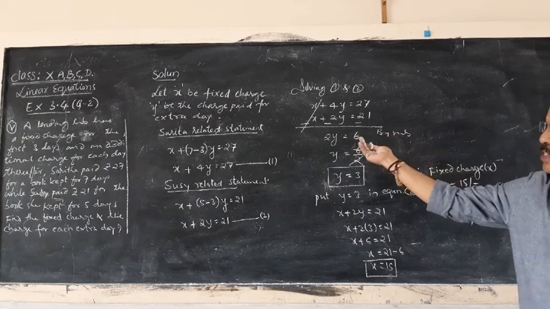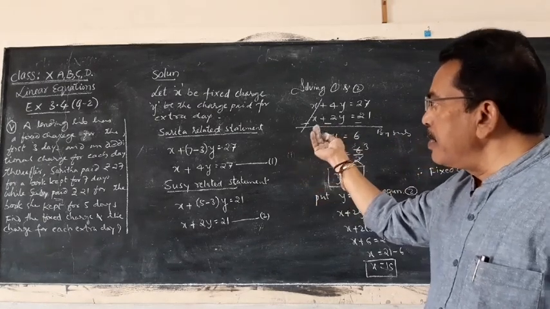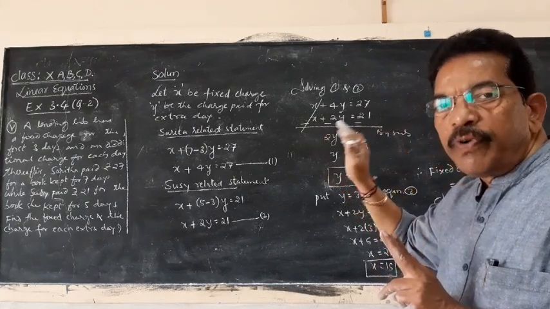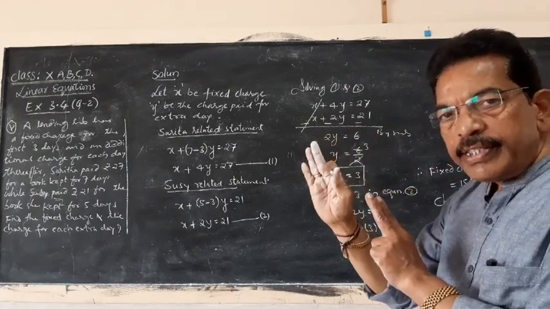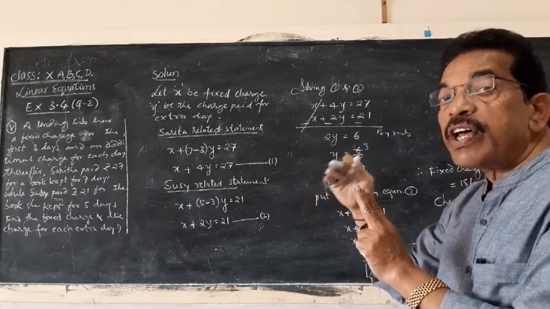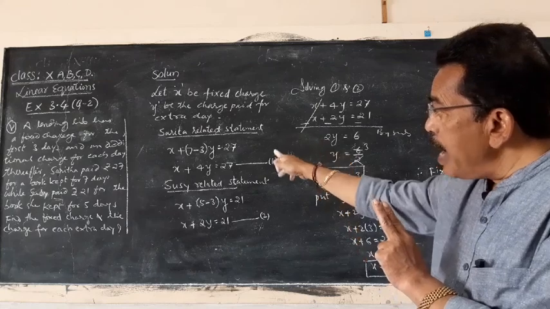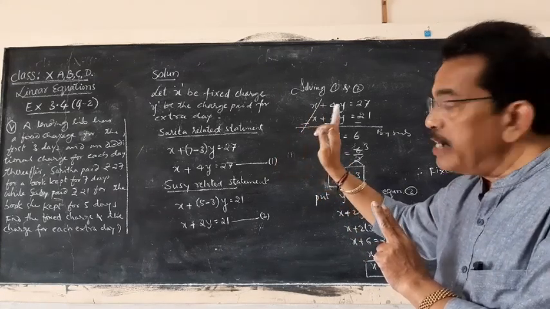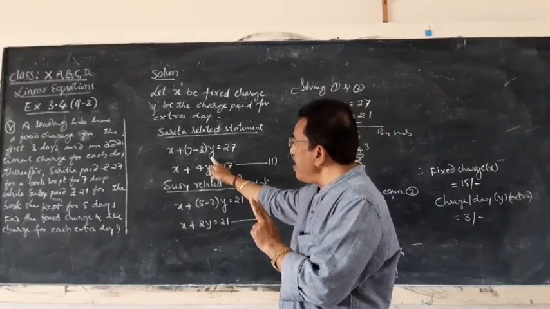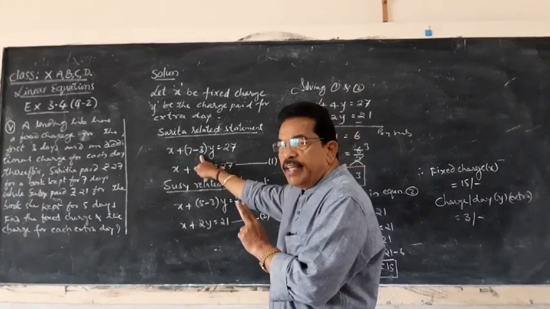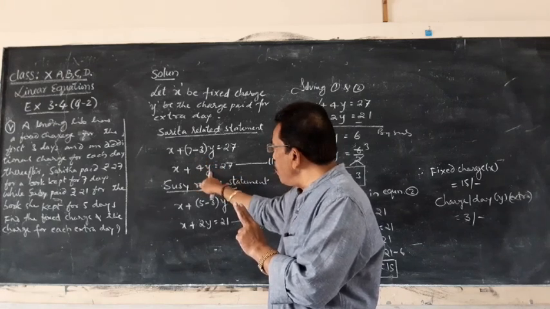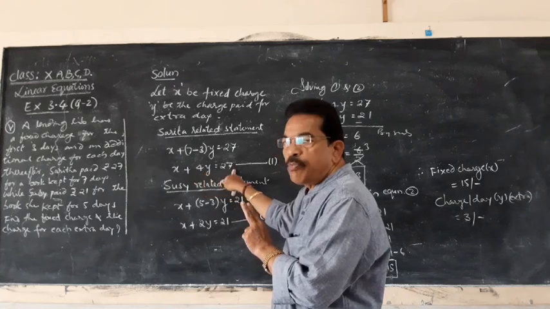That's a self-related statement. X plus 7 means he has taken the library books for 7 days. 3 days has a different charge. After 3 days there are extra charges. So y is representing the extra charge. That is why we have to find the extra number of days. That is 7 days, 3 days are concession for the fixed charge. So for 4 days he has to pay.